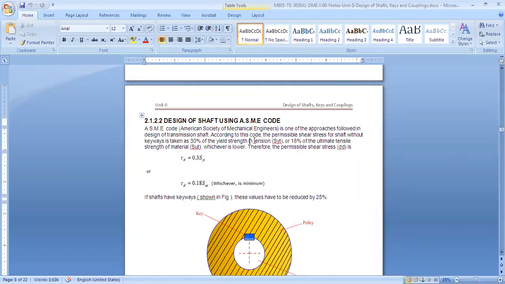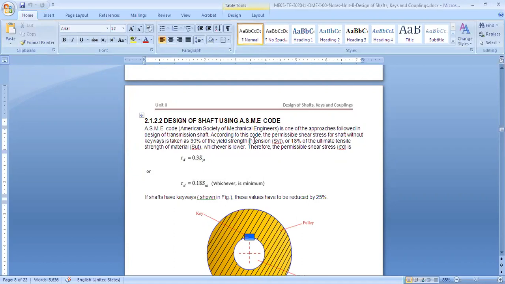In the first 5-10 minutes, we'll go through the concept of this ASME code, and then we'll take an example on that. Now, what is ASME? It is the American Society of Mechanical Engineers. Basically, it's the same equation we used in the numerical and saw in the first few lectures, but that is not sufficient. It doesn't take care of all the things, because we cannot rely on that design, since many things are not considered, like keyway or any other impact load or shock load.